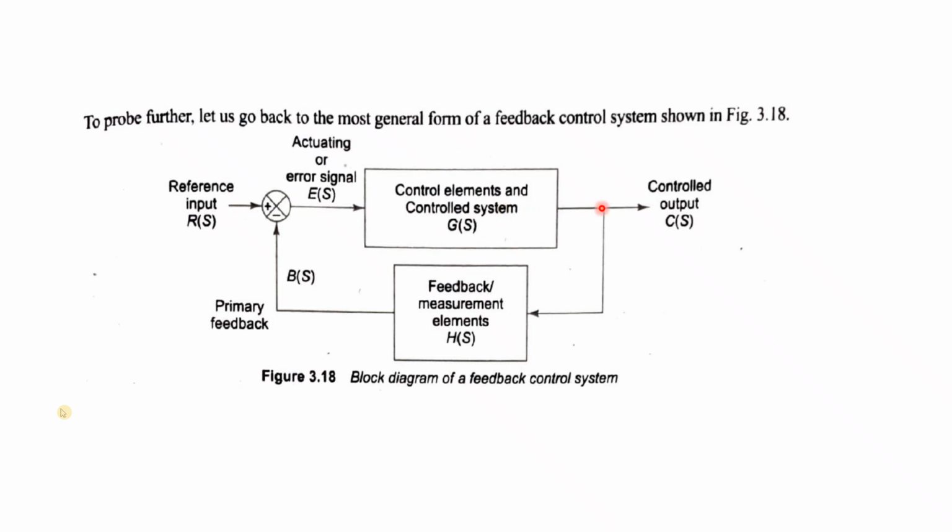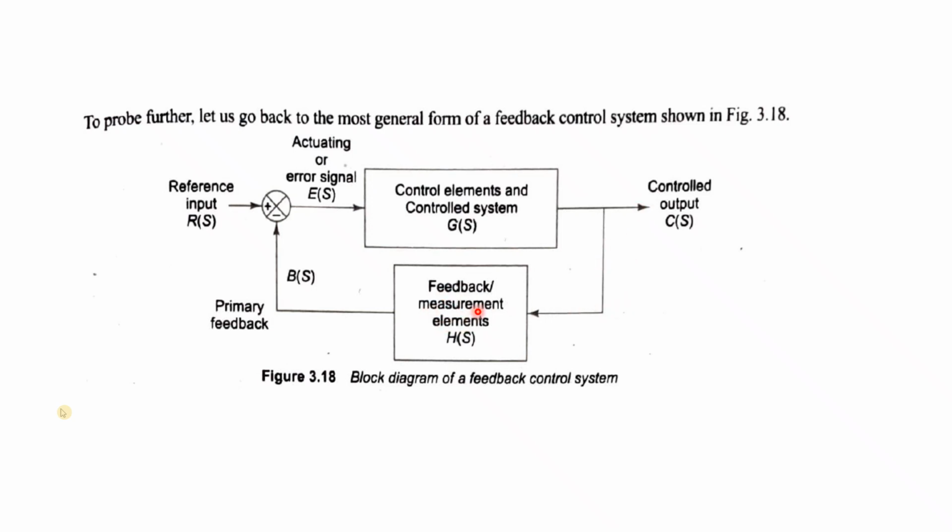So this is the entire system, the forward path system. This is called the forward path system. Okay, and the output is C(s), the controlled output. Still it is not controlled because we are at step number 1, iteration 1. Then there is a feedback, and we will check whether the output which we are getting is actually the desired output or not. So for the feedback, we need some measurement. If it is an electrical circuit, we will require a voltmeter, ammeter. If it is a pressure sensor, it will measure pressure. If it is a temperature sensor, it is a thermometer. So it is basically a measurement unit.